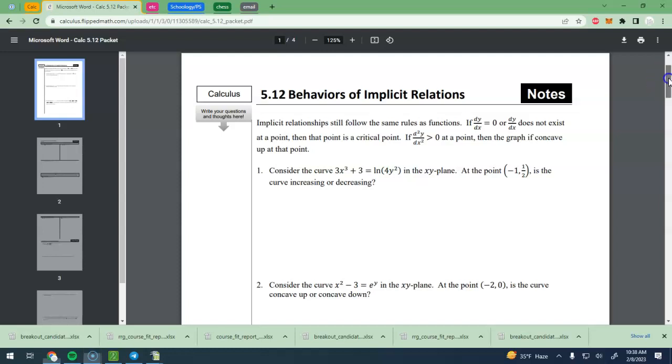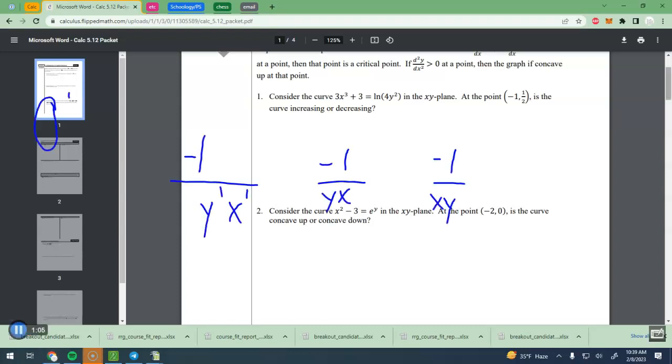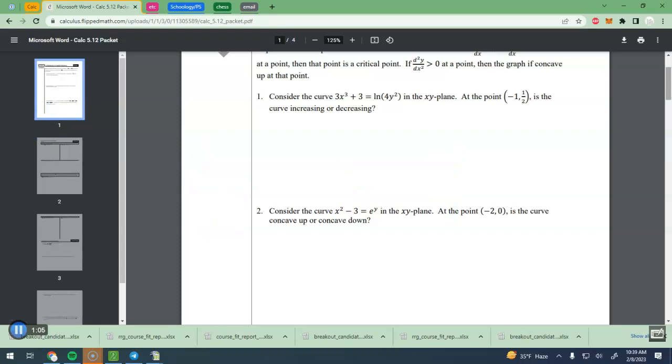Okay, so we're going back and looking at implicit differentiation and combining that with increasing, decreasing, concave up, concave down, all that stuff. So it's a little different because you can't make a number line with these because